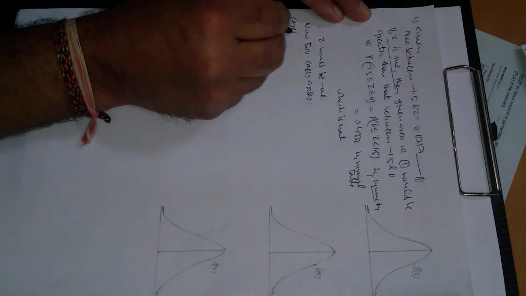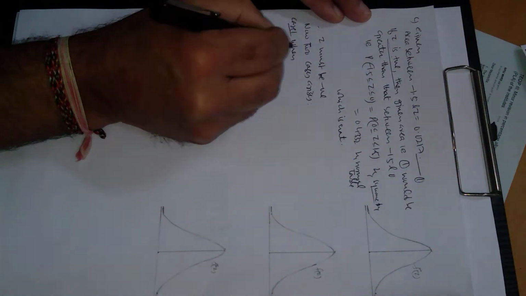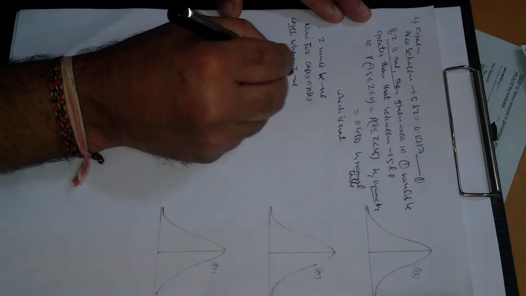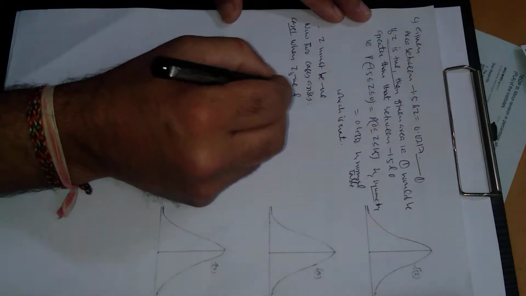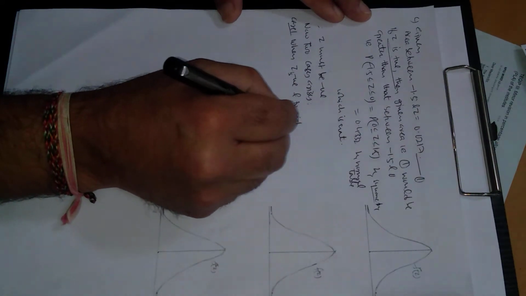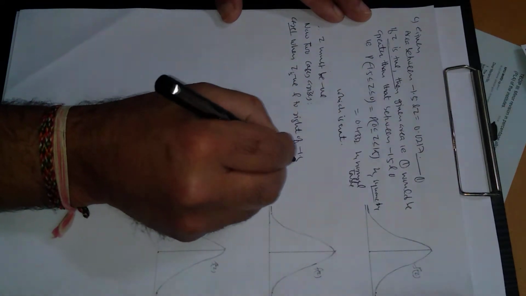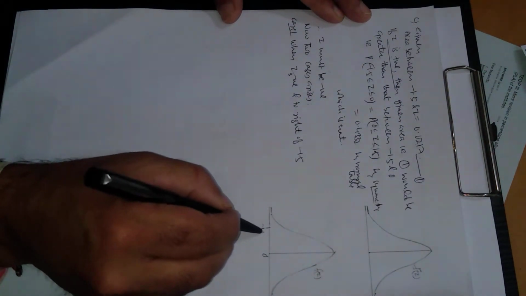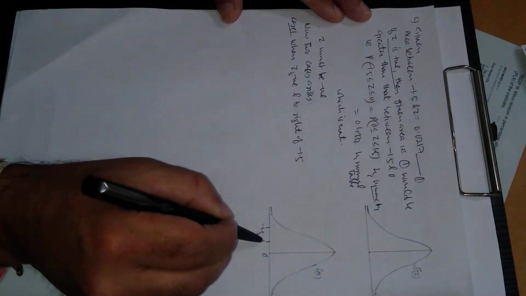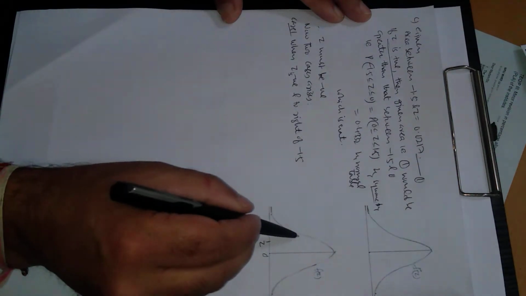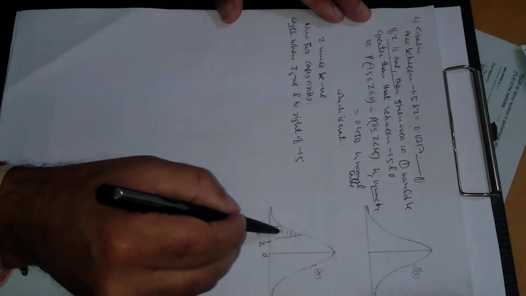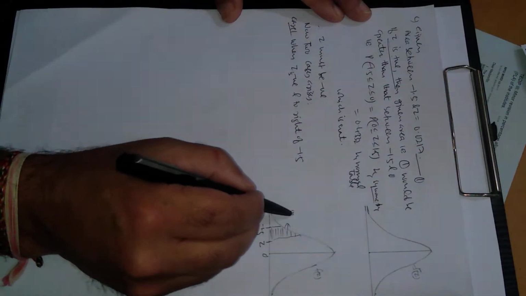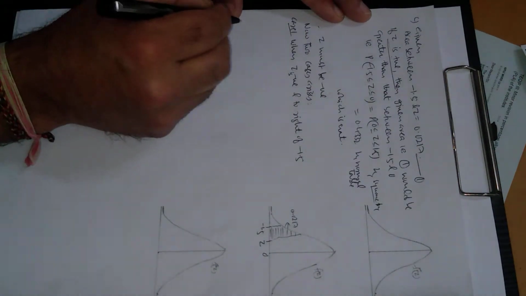Case 1, when z is negative and to the right of minus 1.5. This is 0, this is minus 1.5, and right of minus 1.5 means z is negative. So somewhere here, this area, this area is 0.0217.